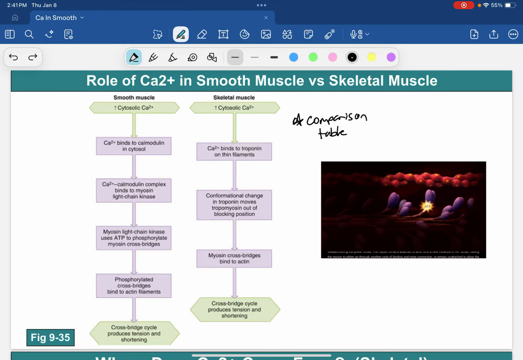All right, so for our video today, we're going to talk about our calcium and our smooth muscle. So to begin, this is just a really good comparison table between our smooth muscle versus our skeletal muscle. So this can help you on your own to review, but today we're going to talk about our